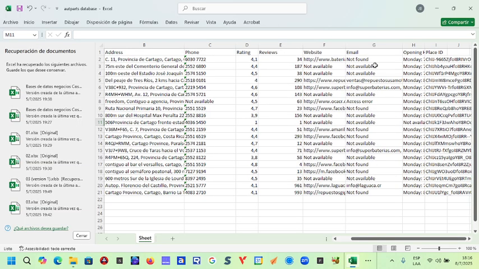This application does web scraping of the websites linked to the Google My Business profile and extracts the main email that the application finds on the website, and we also have the opening hours, the schedule, and